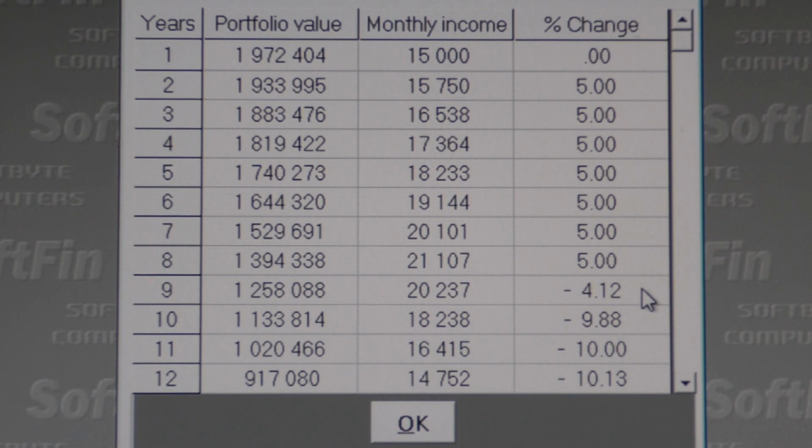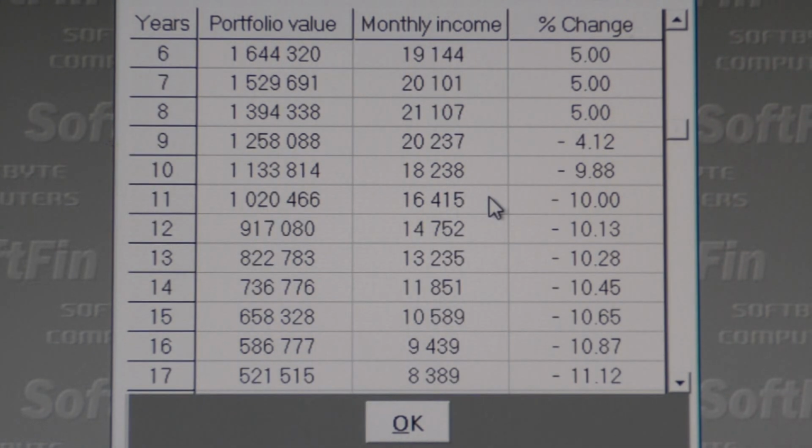And if we scroll down further, we can see that the situation gets worse. The annuity will continue to pay out income, but the actual income amount decreases rapidly. Instead of an income that increases every year, our income now decreases every year. What can we do to ensure that we get the money we want for a longer period?